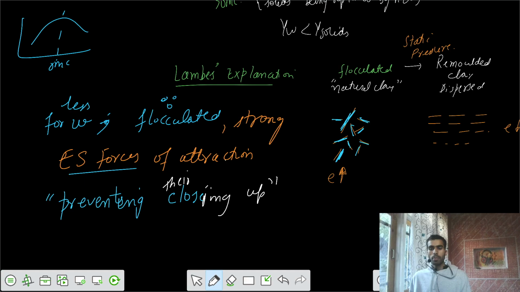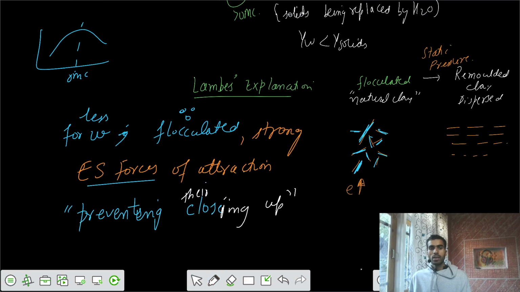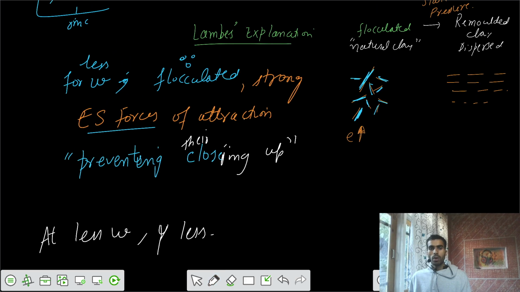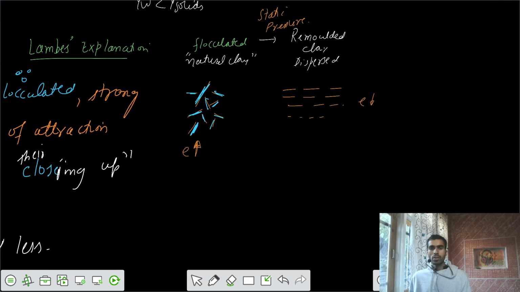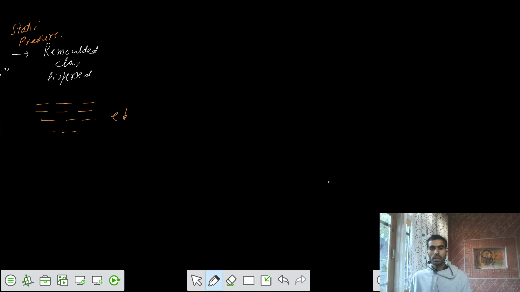So because of the electrostatic forces of attraction, at less water content, what's happening there? At less water content, we are having less gamma. Gamma is less. Now one more part is there. I want to convert it into this one. Once it converts in this fashion, what's happening there? Can you tell me what is the concept there? If you have these particles in this fashion,